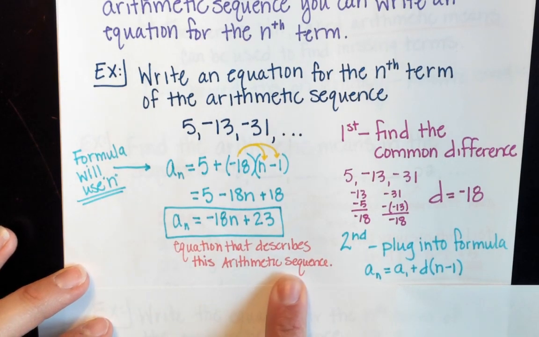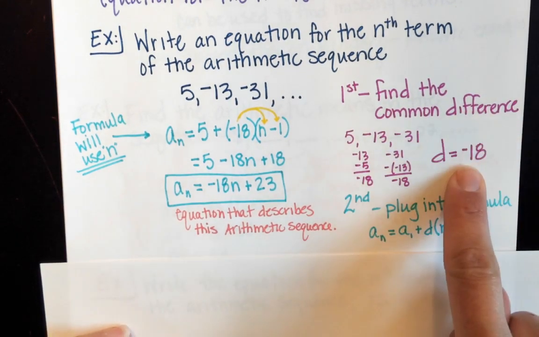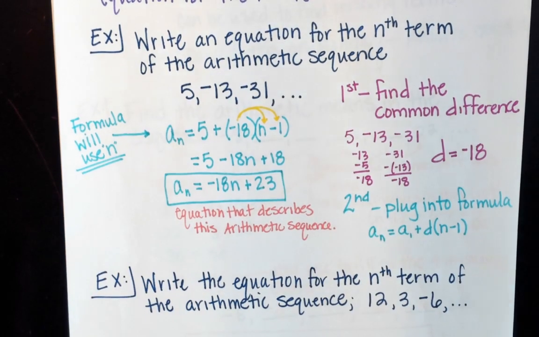Notice again, that's what I have here. It's an equation that's going to describe our arithmetic sequence. So our first step was the common difference, and the second is plug it into the formula. So I have another